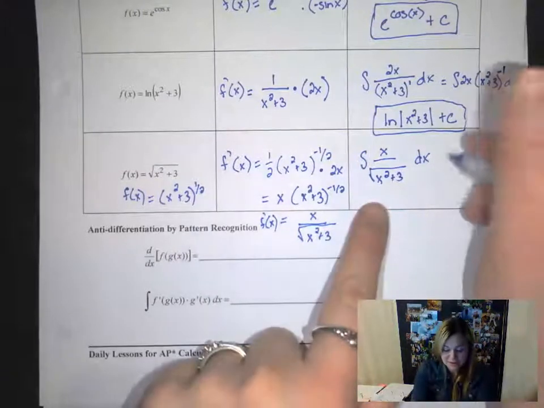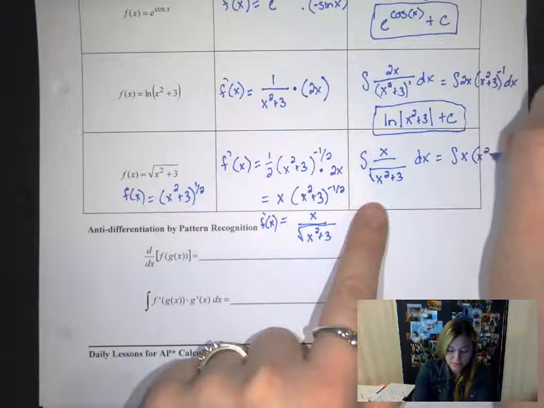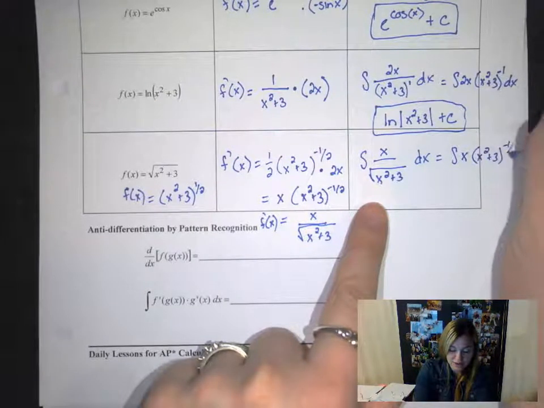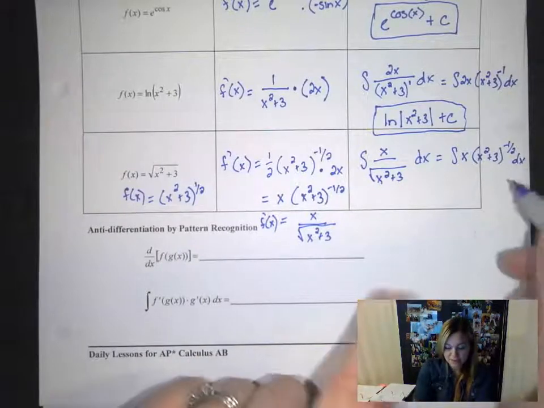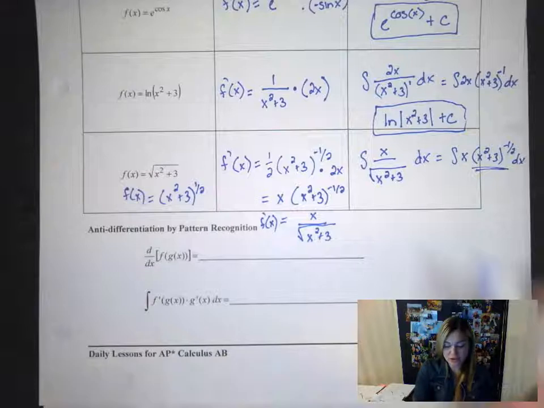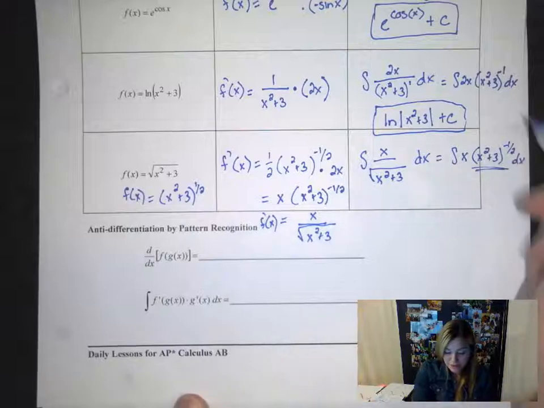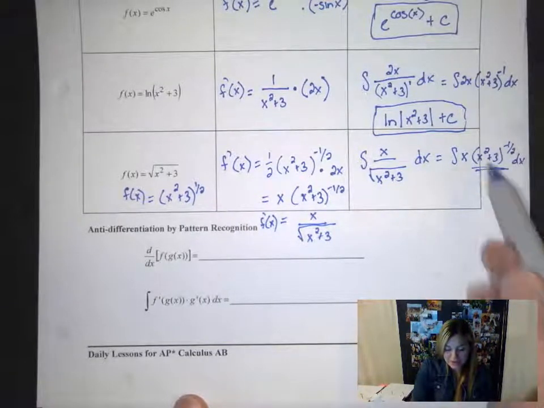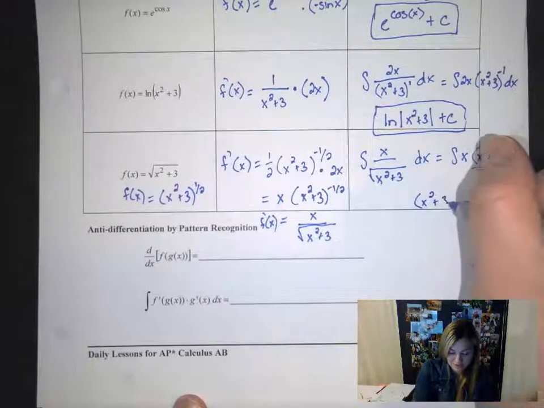You would have to consider this as x squared plus 3 to the negative 1/2 power dx. This is like the main part of the function, so I'm dealing with this first. So I'd add 1 to the exponent, that'd be a positive 1/2. And then I would see, well, what about the inside? But if I just added 1 to the exponent and just left it there,